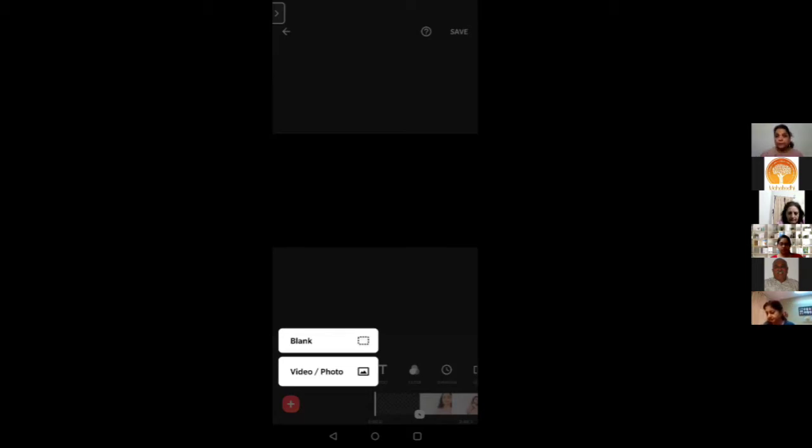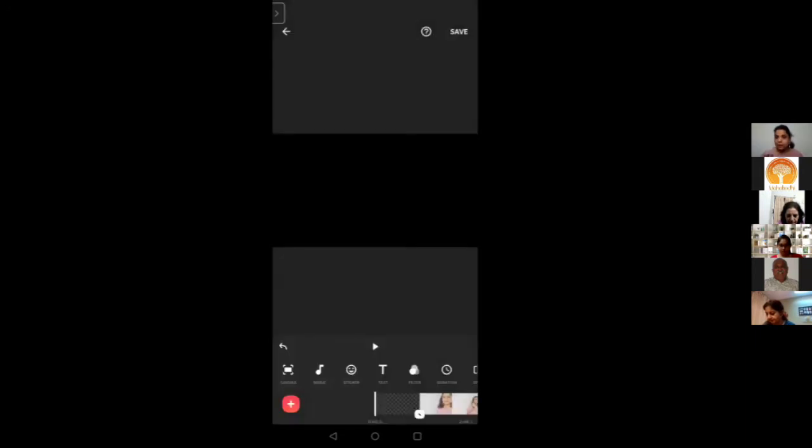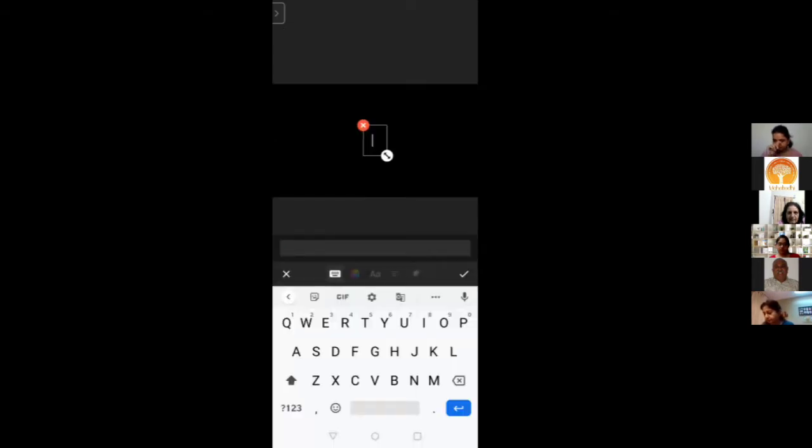So fine. So for people who are getting it blank, ठीक है, आपको अगर blank आ रहा है and you want to write your name and my feedback video, okay? So you go to this option which is called T, text. आपने canvas देखा, आपने music देखा, sticker है, and then there's an option which is T, which is called text. So go to text. Okay. So I now got the text. You got the text, fine, no problem.